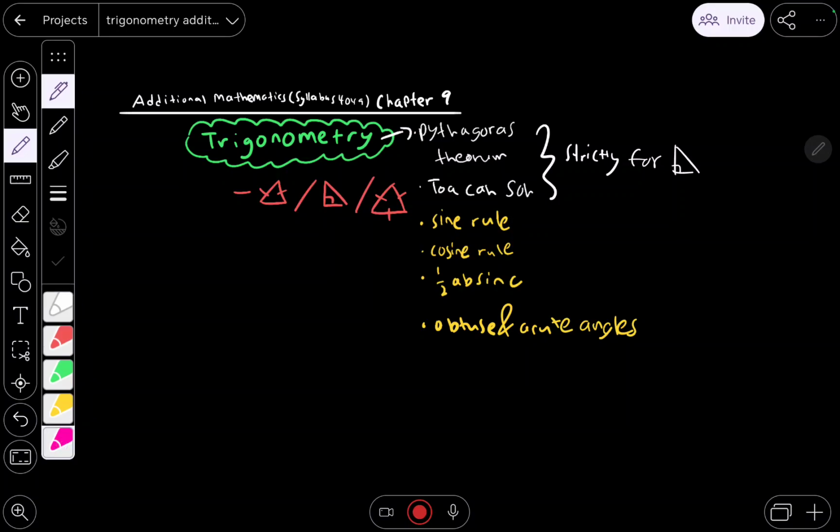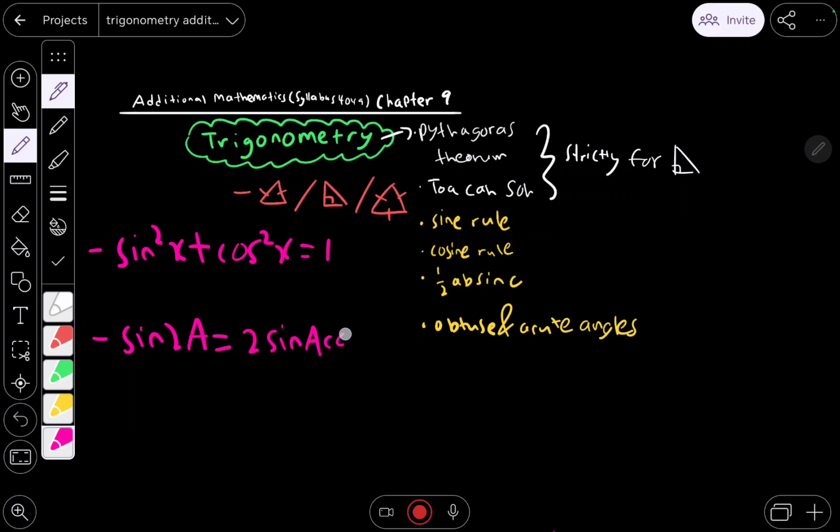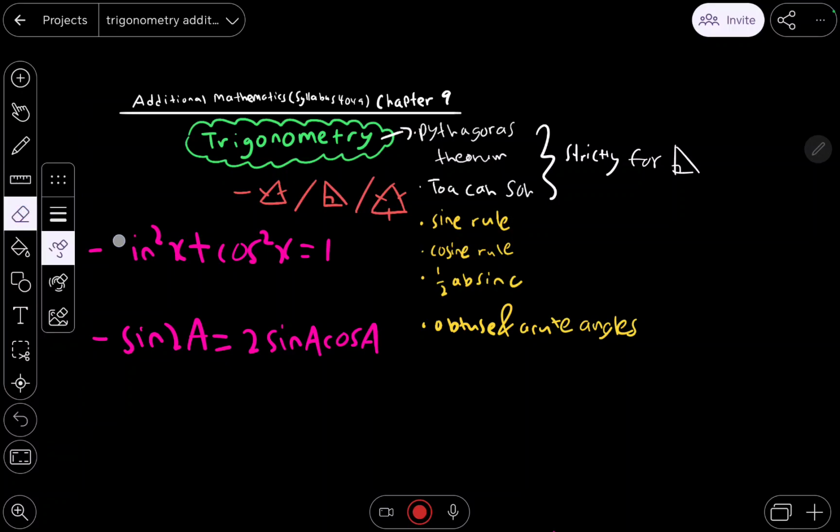Okay, so I can give you one example. Sine square x plus cosine square x equals 1. This is an AMF formula in the AMF O levels. And then we have, let's say, sine 2a is the same as 2 sine a cosine a. And so on and so forth. I usually won't remember the formula sheet, because it's given, right? What for do I need to remember? Alright, so while I erase this,